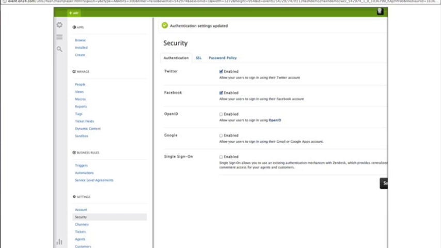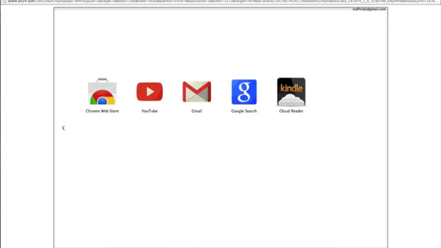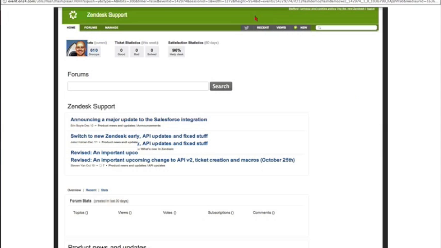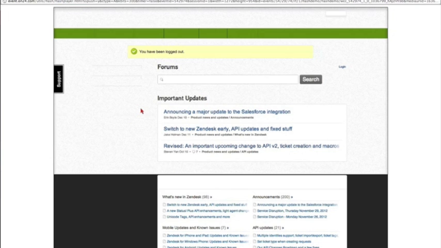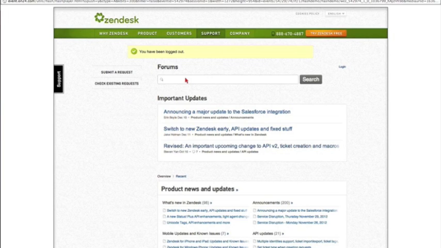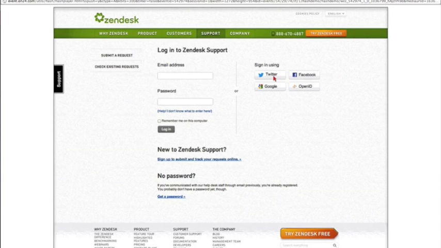What I might actually do, I'll jump over to support.zendesk.com, just check if I'm logged in or out. Let me log out. So, a good example of this would be if you're getting support from Zendesk themselves and you click log in, you get a couple of buttons here. Zendesk have all the options enabled. If I click sign in using Twitter,